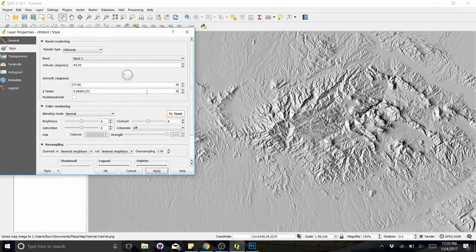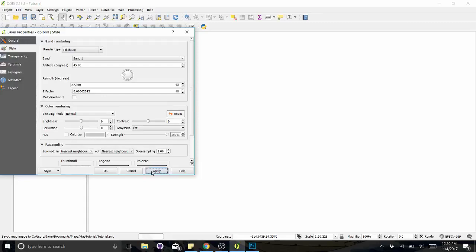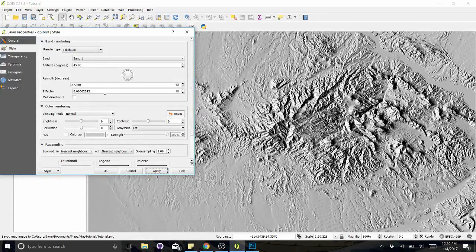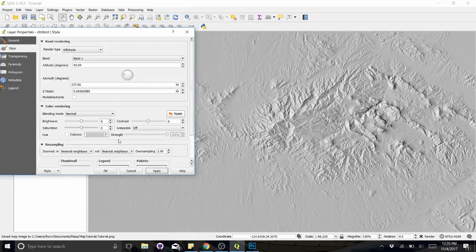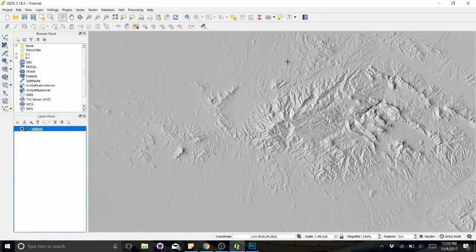And what you can do, if this is not what you are wanting out of your hill shade, is exaggerate it too. So I can put this ×2, put some Boolean math in there, and it'll recognize it and change it. And now it's a little bit deeper. Typically, you might want to keep your hill shades a little bit less. So I can do ×0.5 if I want to tone down the original one, and just really subtle. So I'm okay with this,